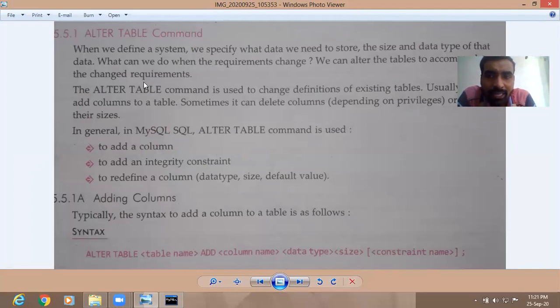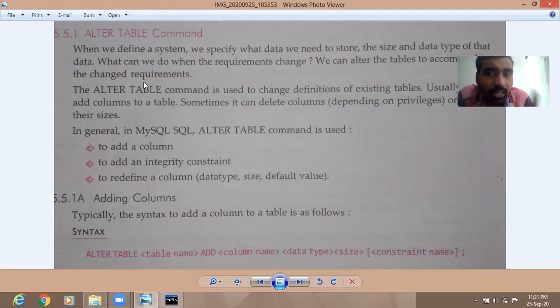Like if you want to change a certain column, or you want to add a new column, new field in your table, or you want to remove a certain constraint like primary key, or you want to add primary key, or you want to remove certain other constraints. So all these operations related to the changes of table are performed through alter table command.